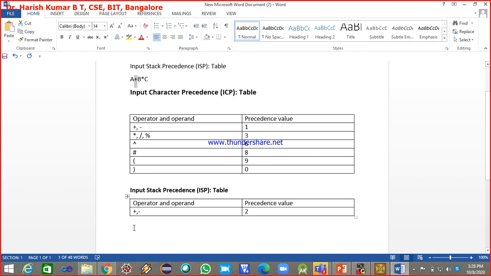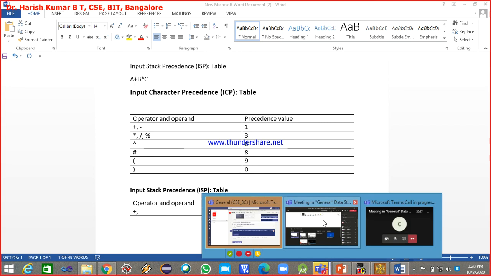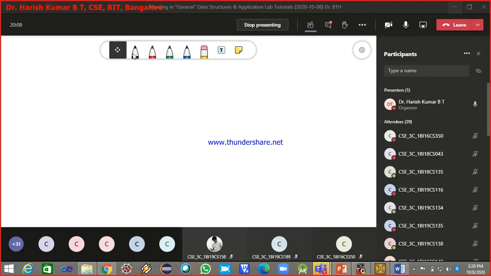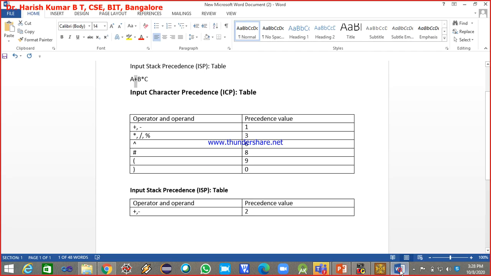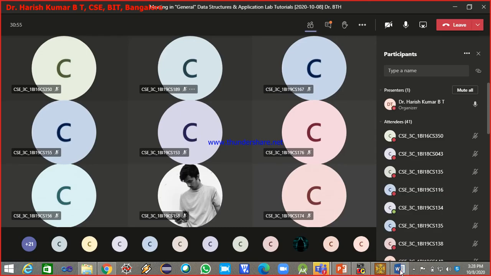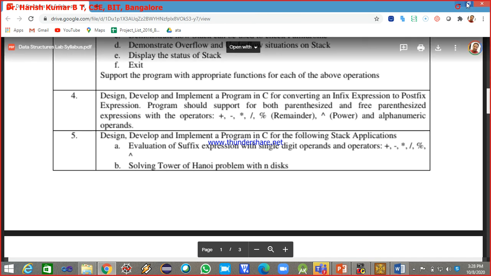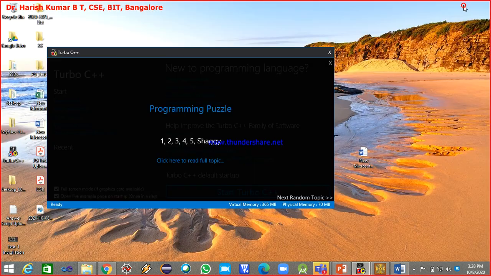And similarly, if I write a stack, let me go here because I have the whiteboard opened already. If I want to open the whiteboard, I want to stop sharing this screen. It got closed. No issues, I'll open Paint.